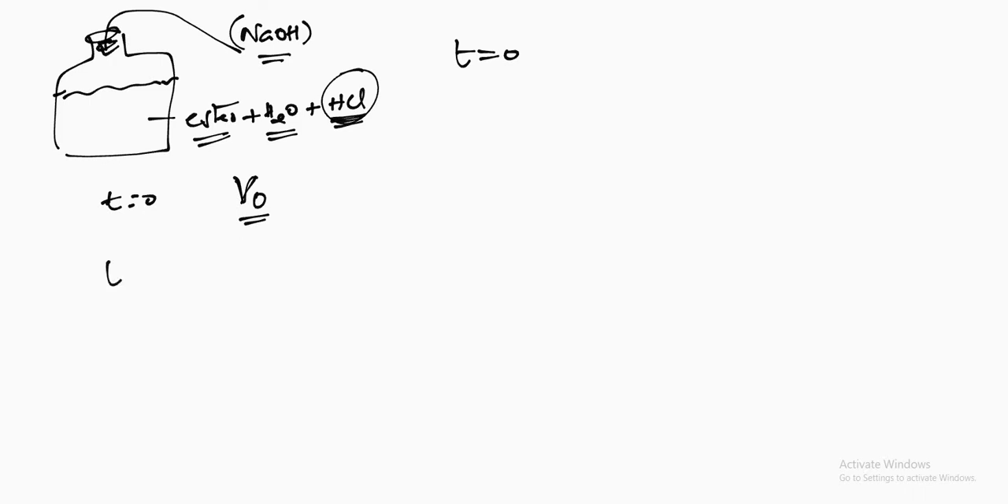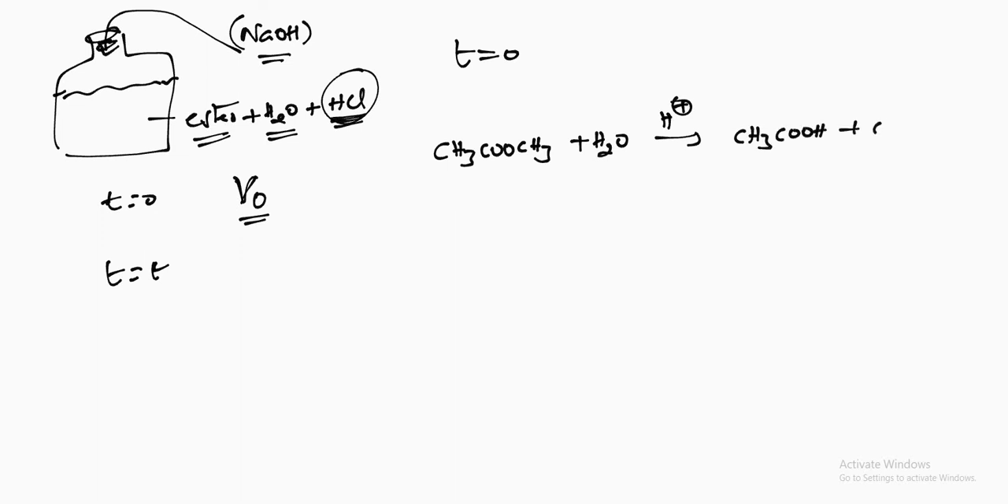Now, at a time t, let us assume that the reaction started. Once the reaction starts, what will happen? Ester will react, CH3COOCH3, this is the ester, in the presence of acid. It will react with water and form acetic acid and methanol. Now acetic acid is also forming. The amount of HCl remains as such because it is a catalyst. You know very well, a catalyst is one whose concentration remains the same